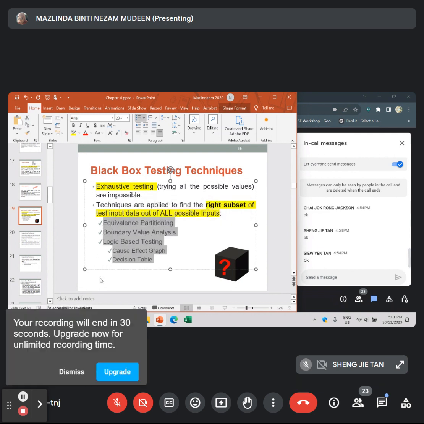And we also have another one called pairwise testing. Pairwise testing I don't want to include here, because I will just discuss that in the lecture. So it will not be part of your assignment, it will not be part of your midterm, and it will not be part of your final exam. Normally these two work in a pair, and these two, which are under the logic base,